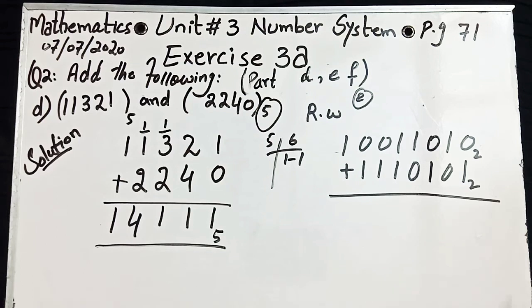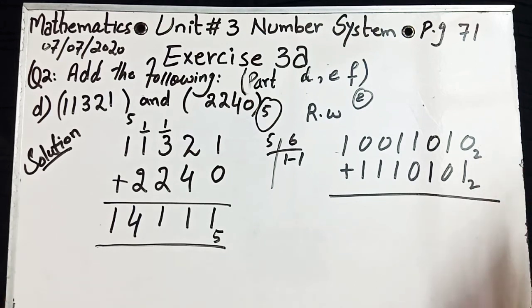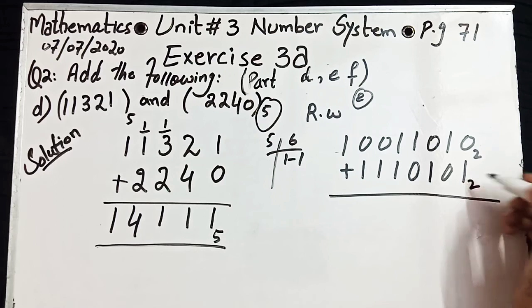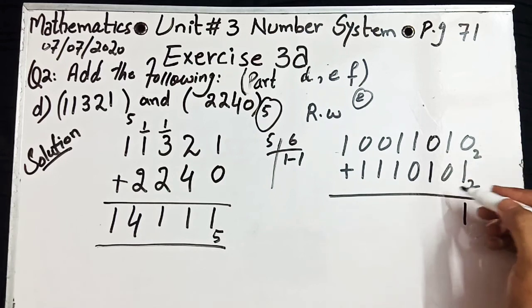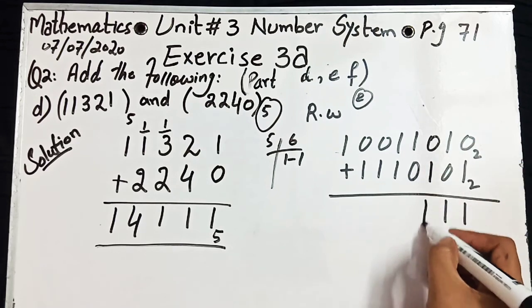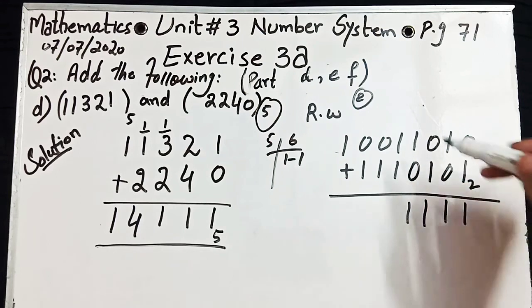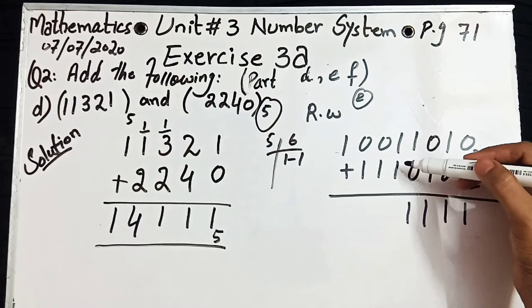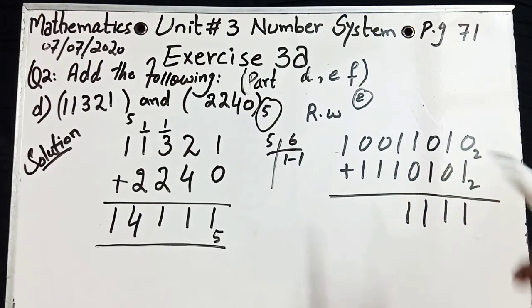0 plus 1 or 1 plus 0 is 1. In the base 2 system, 0 plus 1 is 1, 1 plus 0 is 1, 0 plus 1 is 1, 1 plus 0 is 1. Correct? Now 2 times 1. In the base 2 system, I already explained, 2 times 1 is equal to 10.